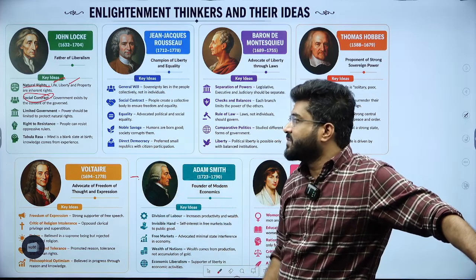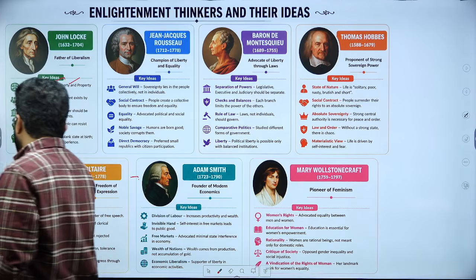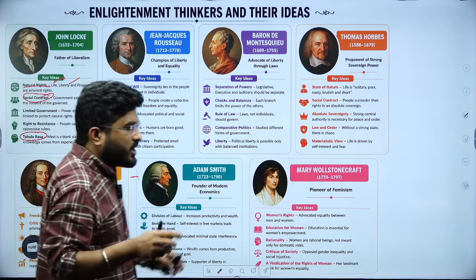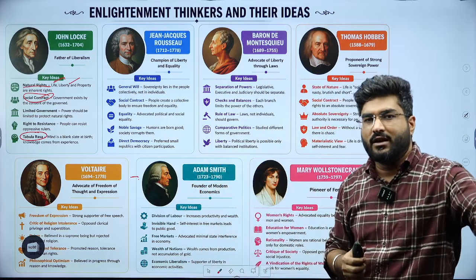And right to resistance, people can resist the oppressive rules. And he talks about tabula rasa. What does it mean? He says that the human mind is a blank slate. Human mind is a blank slate. So whatever you are